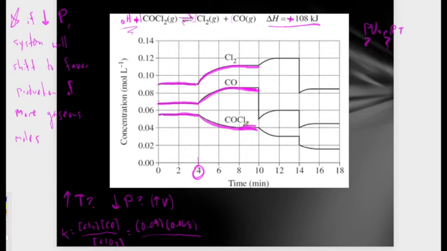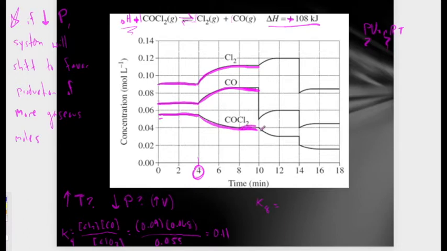Divided by the equilibrium concentration of COCl2 at 4 minutes here. Looks like it is about, let's see, 0.04, 0.05 would be right here. That's in between. So maybe 0.055. It's really hard to see on this graph. But this would be the K value at 4 minutes using those concentrations before 4 minutes. I'm getting a K value of about 0.11. And now I can repeat that analysis for the